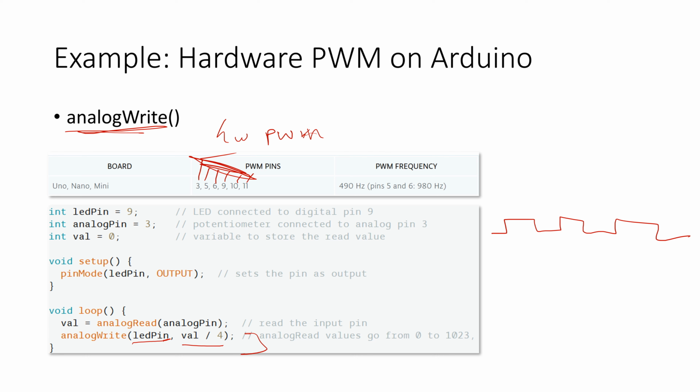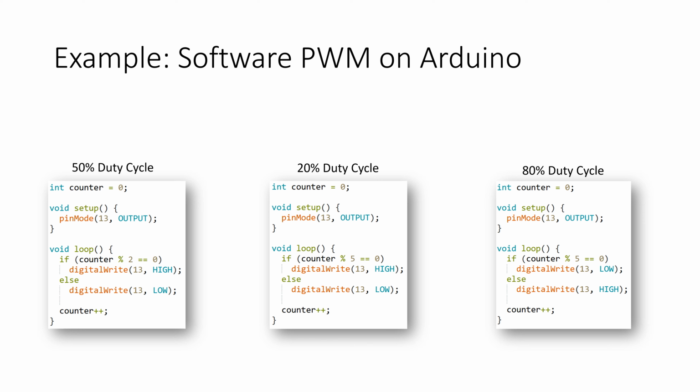So next we're going to talk about how you might implement this in software if you couldn't use one of these pins. Implementing PWM in software can have a lot of benefits. It offers flexibility because, say, I can use pin 13 instead of one of the hard-coded pins that the Arduino Uno offers. All you have to do is write a simple loop with a counter and have some condition that determines when to turn your pin high or low. In this case, we're having all even numbers high and all odd numbers low, which will create a waveform that